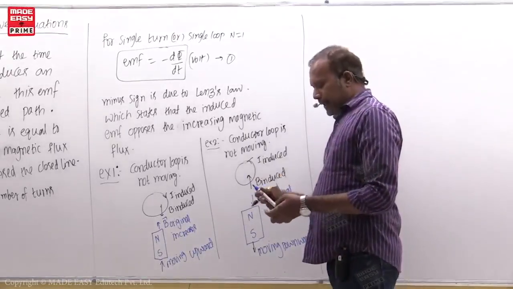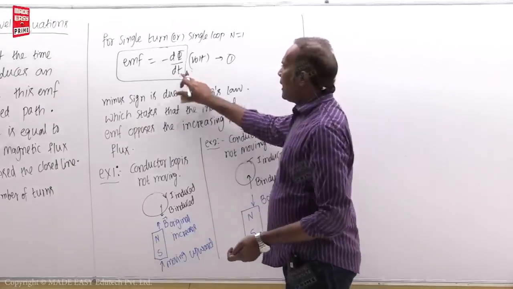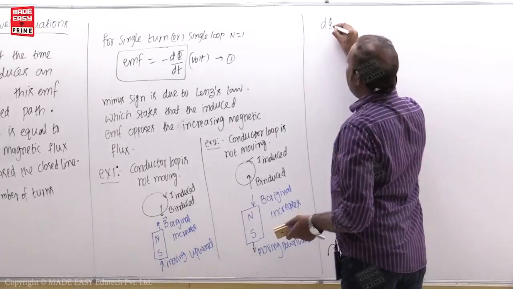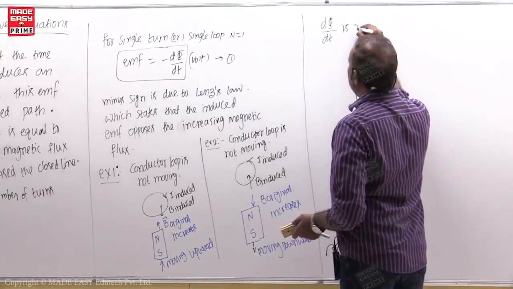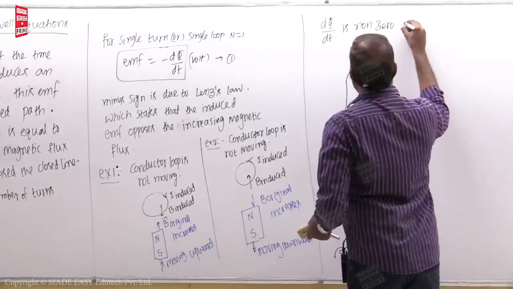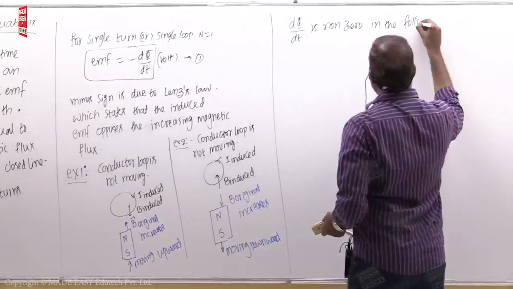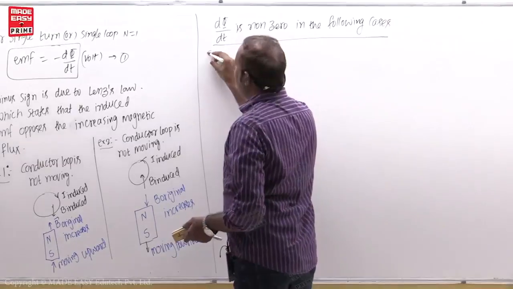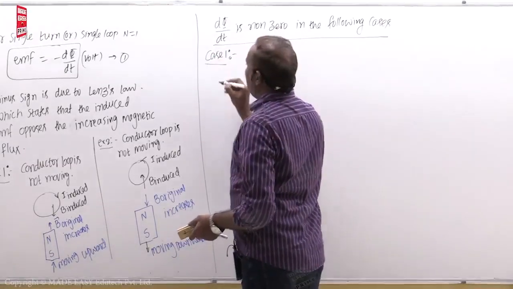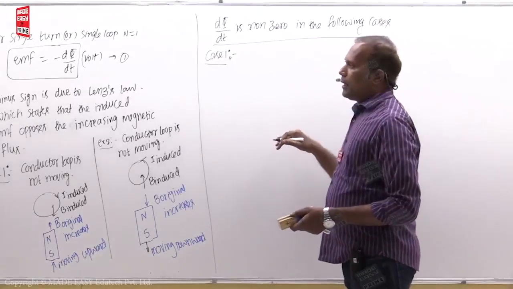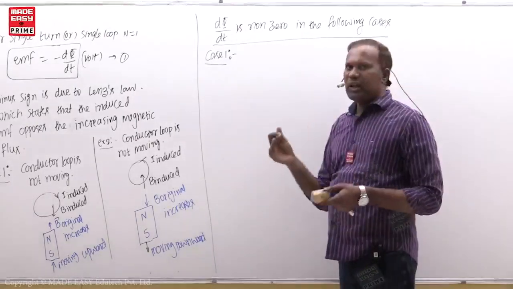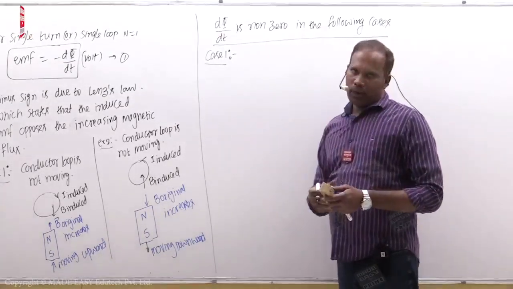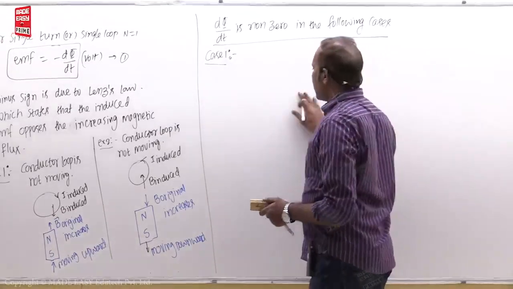Now you can see here this EMF is present whenever dΦ/dt is not 0. That means dΦ/dt is non-zero in the following cases. Okay, case 1. Actually Michael Faraday did 3 experiments: case 1 is one experiment, case 2 the second experiment, case 3 the third experiment. In all the experiments the EMF is produced. Then case by case, the first case is that